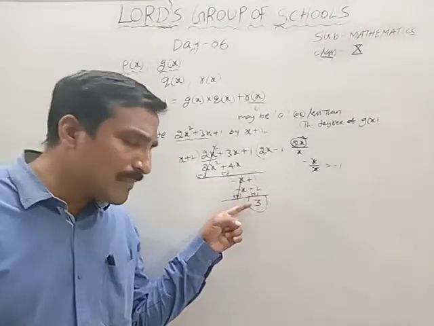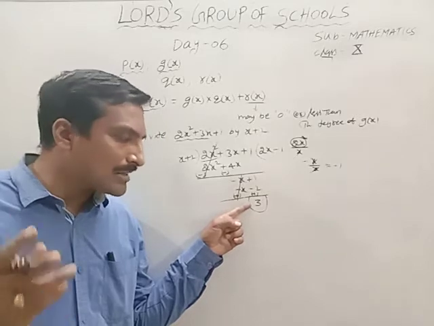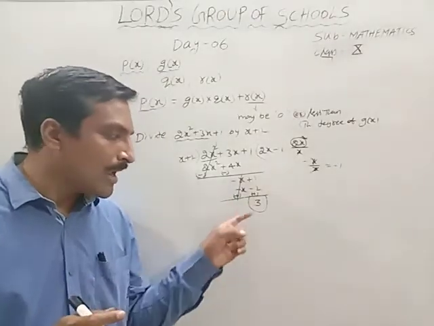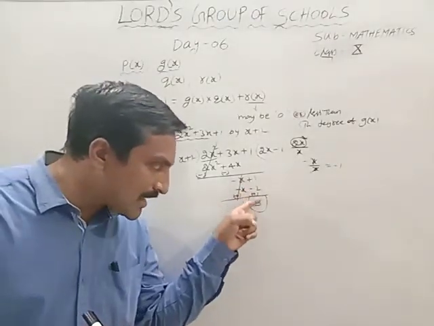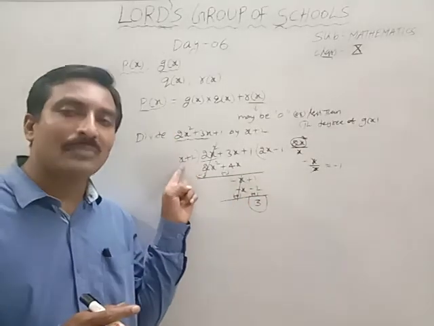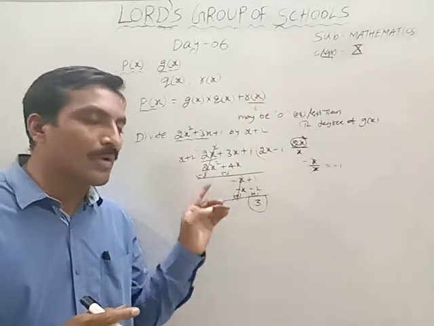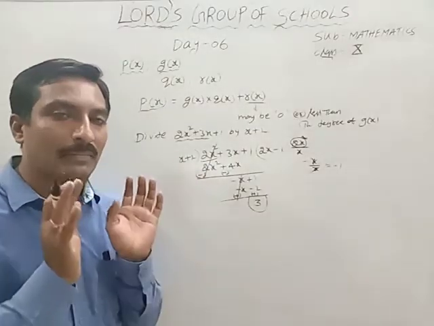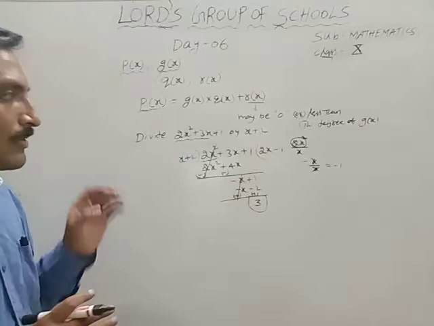In the place of the remainder, maybe you get 0; otherwise, if you are not getting 0, the degree of the remainder is always less than the degree of the divisor. Only then is the division complete. So, next, one more example.